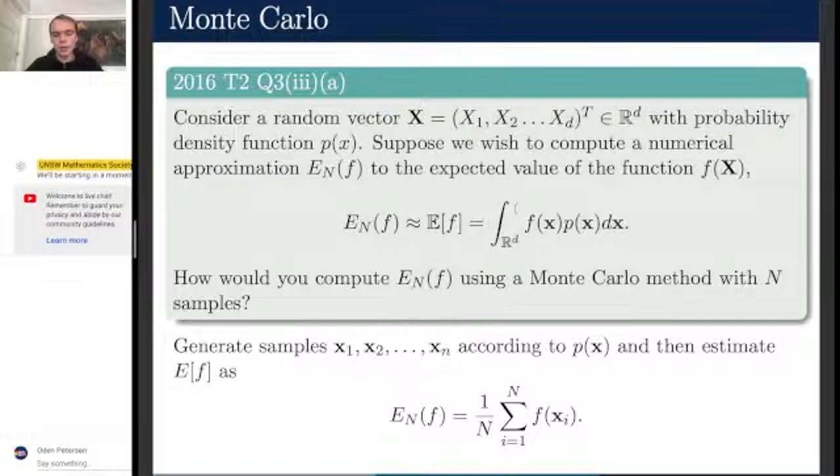If we want to compute the expectation of this function with respect to some probability distribution, you can think of that as the long run average of the output of the function, as we sample from this distribution, plug it into the function, and look at what number we get. So if we're interpreting this expectation as a long run average,